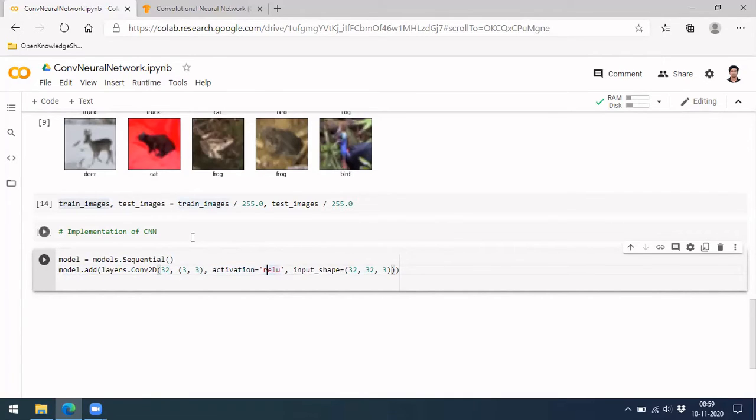And for the first layer, you should specify what the input size will be, because the weights of the next layers depend on that. So you have to specify your input shape for the convolution layer. This should be done only once, because for intermediate layers, the output from the previous layer will be the input. You only specify it for the first layer. So here we are specifying 32 cross 32 cross 3. Cool, this is done.